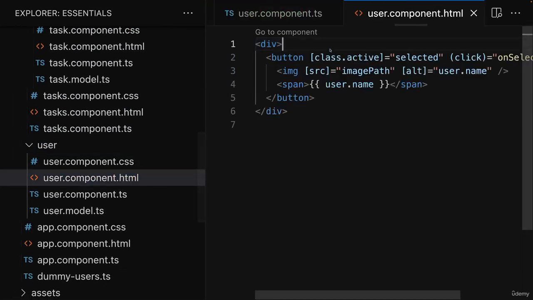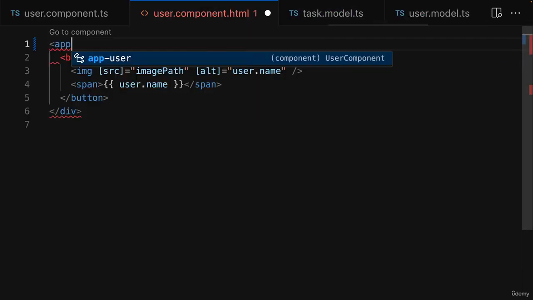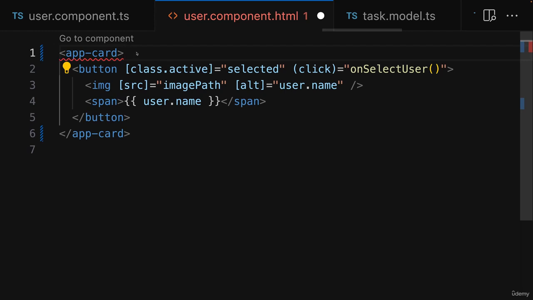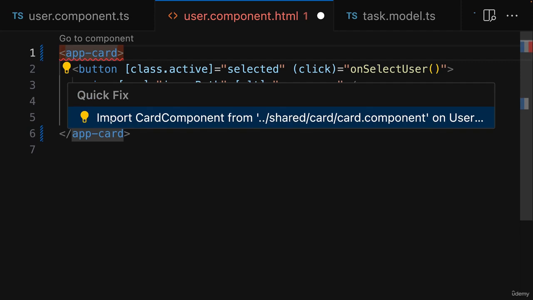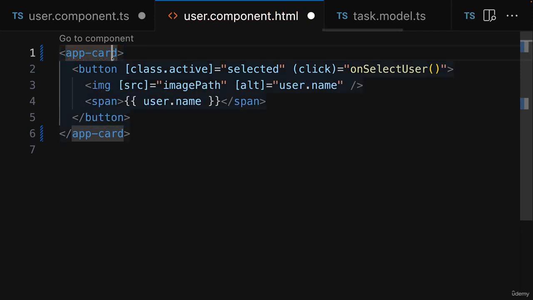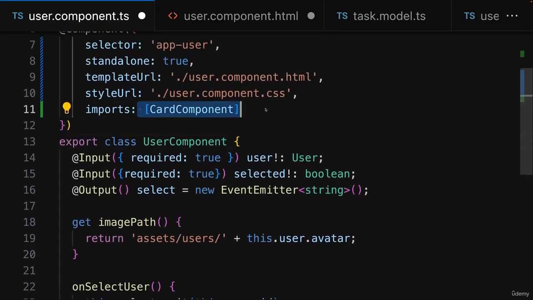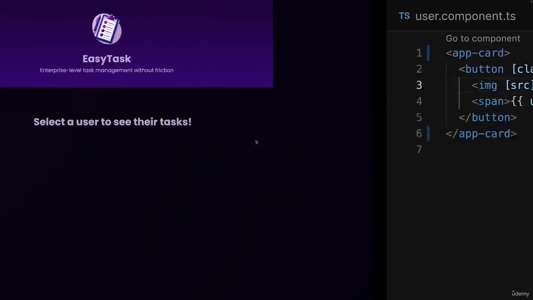Let's go to the user component and replace this div with app-card. And the closing tag goes down there. So now we don't have a self-closing component, but instead a component with content between its tags. Now, as always, we must add it to the imports in order to be available. So I'll quickly do that so that the user component knows about that card component. And now if we save everything,